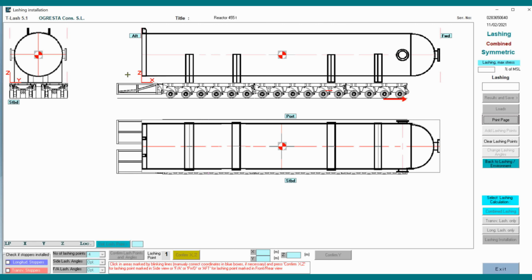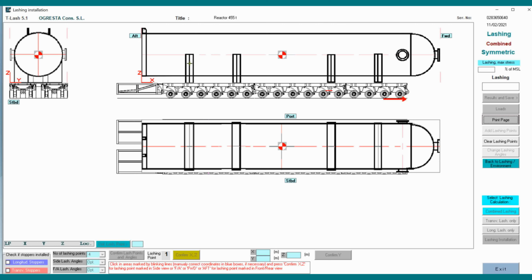Once we confirm it, you see we got indication of the coordinate system for side view and for front and rear view, ZY, ZX, and blinking lines at the edge of both pictures, indicating where we are supposed to enter